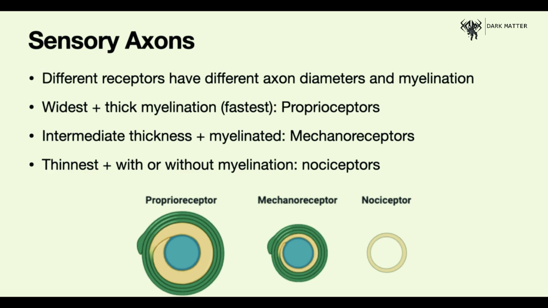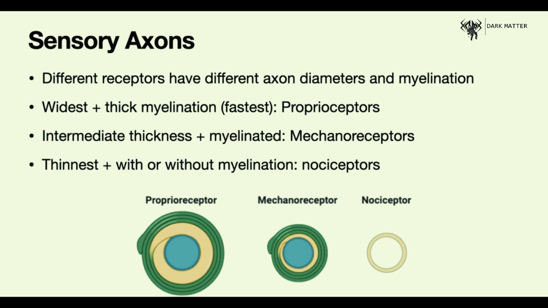There are also differences in the axons of these sensory neurons. Each type of receptor has a different axon diameter and thickness of the myelin that is wrapped around the axon, and both of these factors influence the speed of conduction in a direct way. Proprioceptors have the widest axons and the thickest myelination sheath, so they conduct impulses the fastest, which is important